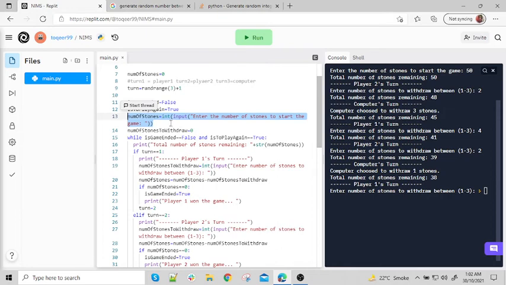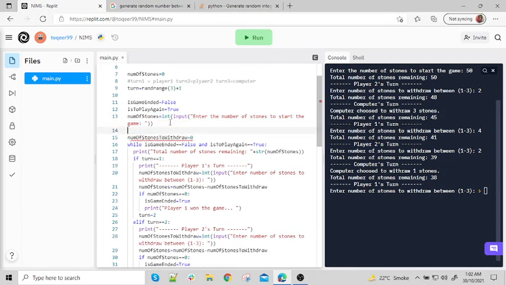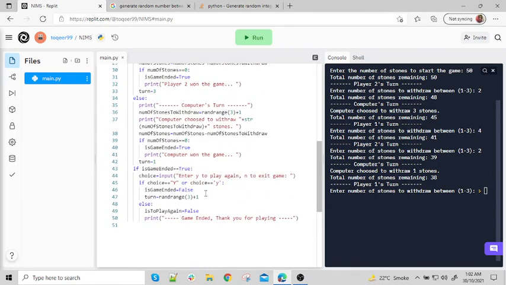From now we need to handle this code for the first player. So we will set a variable is_first_turn, and it needs to be set to true, and this needs to be set here as well. When we play the first game, the first player will always choose.